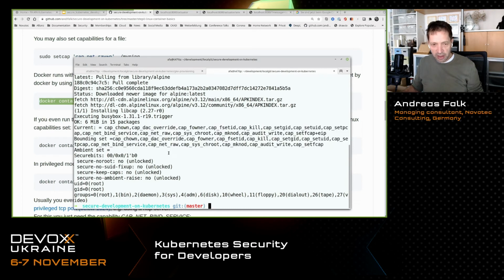As you can see, you also have the cap net bind service by default. That's why by default it is possible to use Nginx or an HTTP server as a Docker container, because it can bind to port 80. It also has cap net raw to do some routing stuff, for example, and also chroot.